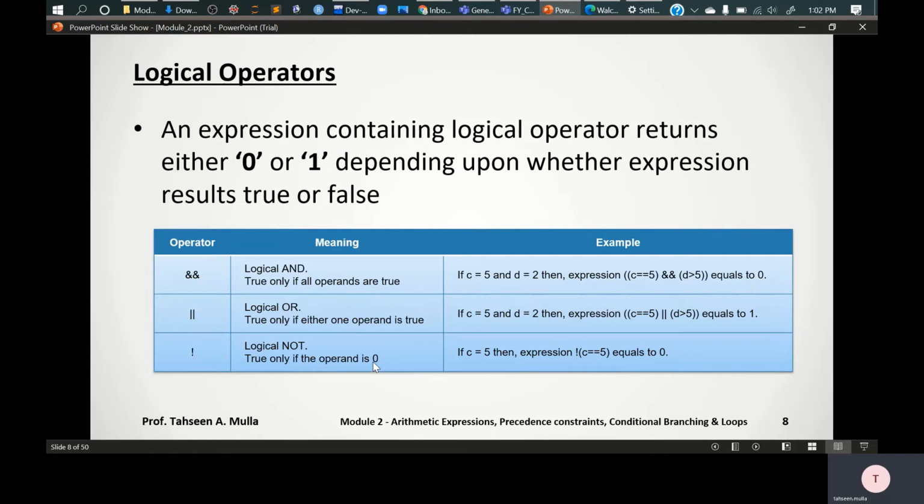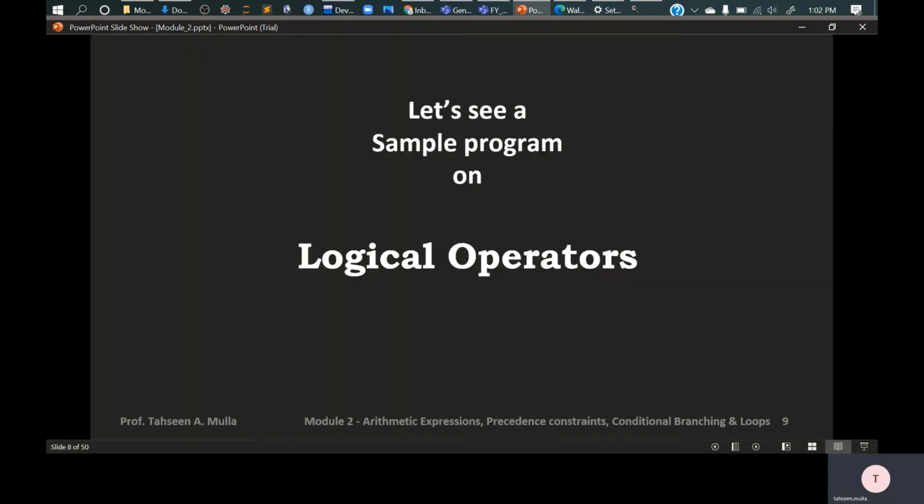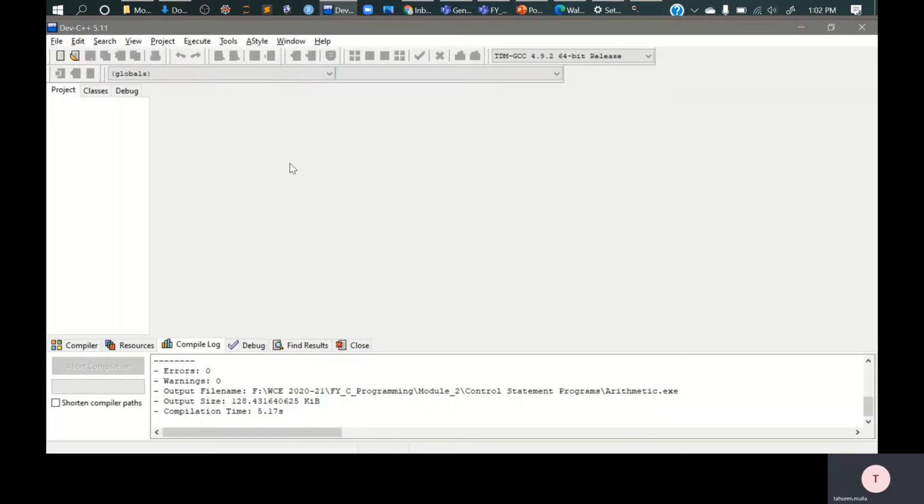Okay, so these are the three different logical operators. Now we'll see a small programmatic example on how these three different logical operators can be written in a C program. Okay, so I'll move on to my IDE.